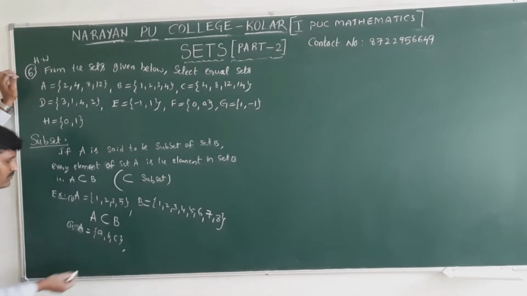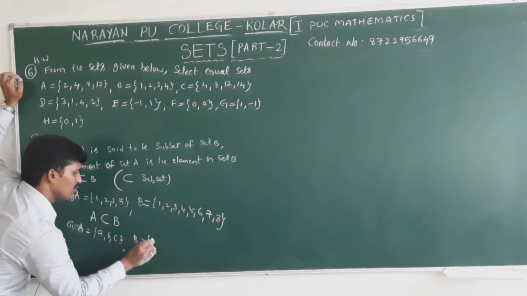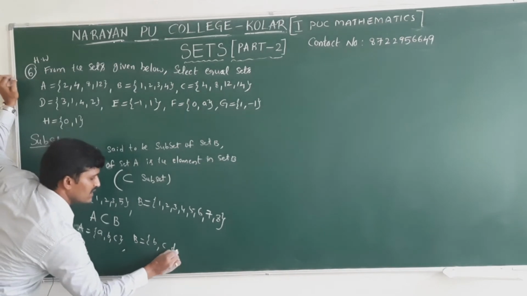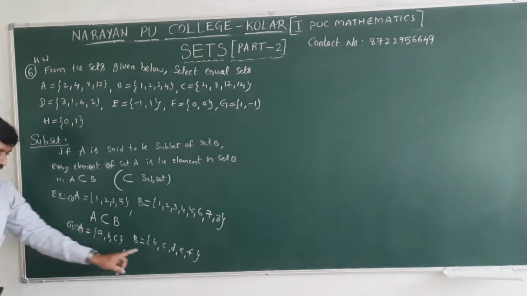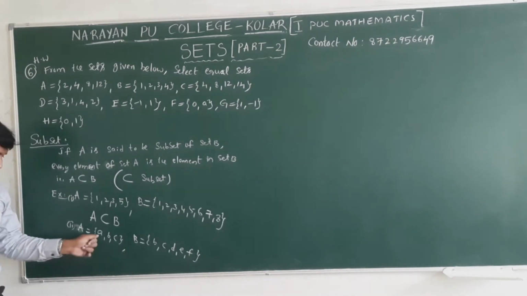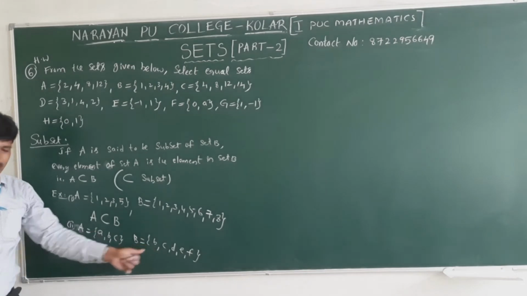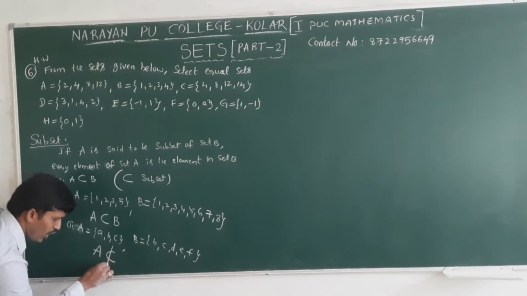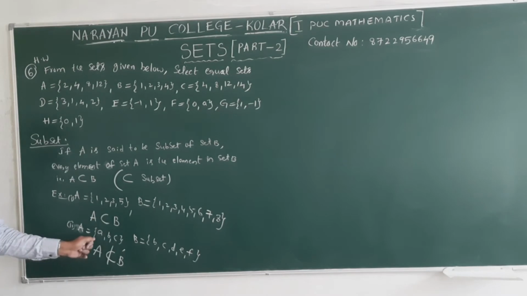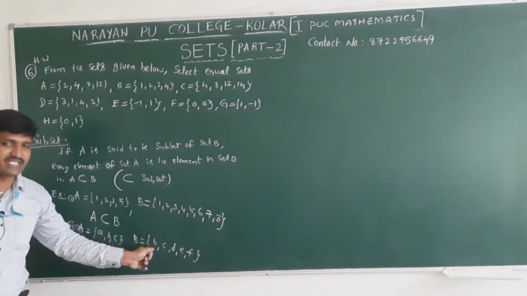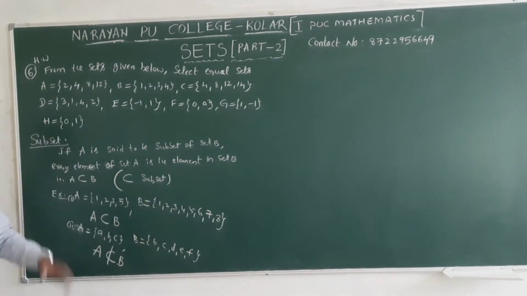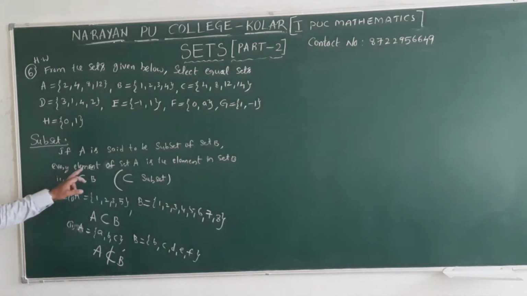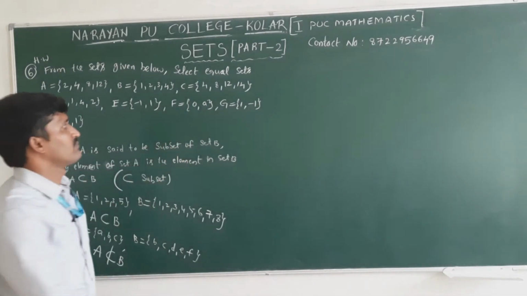Now, if you want one more example, this is one example. A, B, C and B, C, D, E, F. Is A a subset of B? No. What is the reason? A is there here, but here A is not there. That's why A is not a subset of B, because the element A is in set A, but it is not an element in set B. So this complete set A is not a subset of B. Clear? Subset means simple: every element of set A is in the set B only.